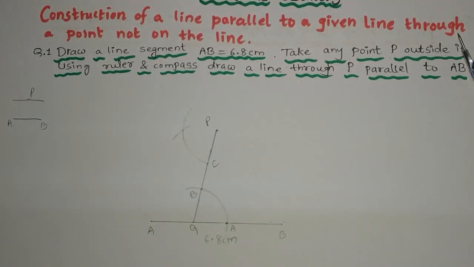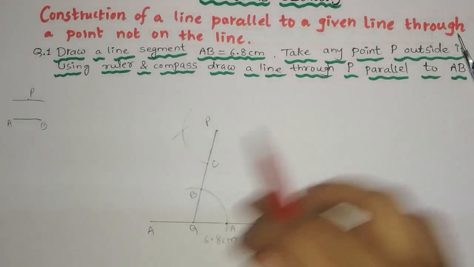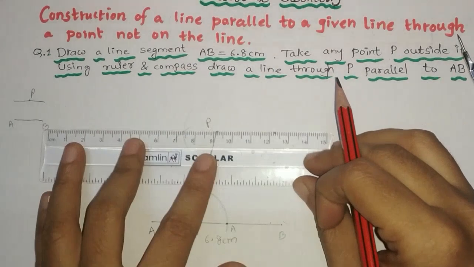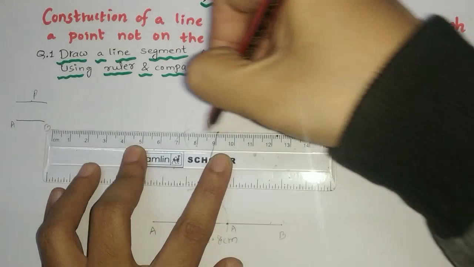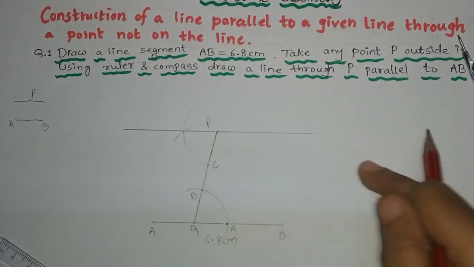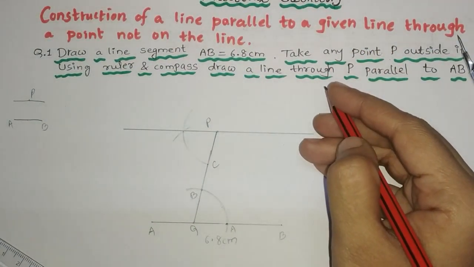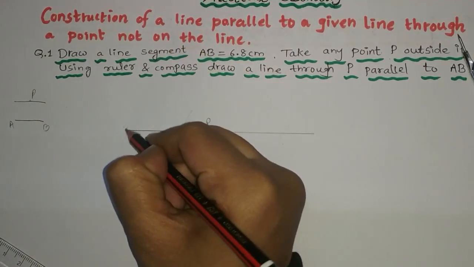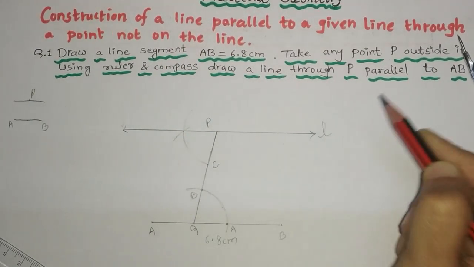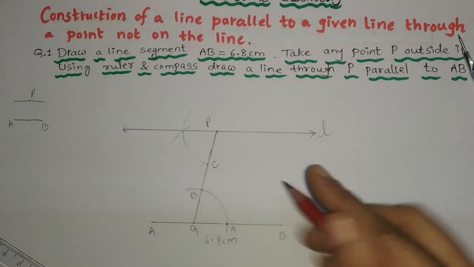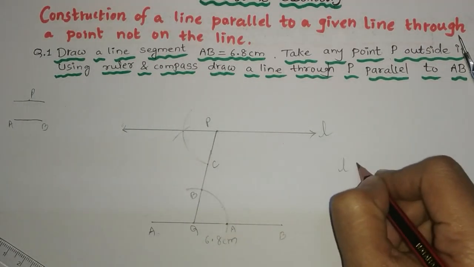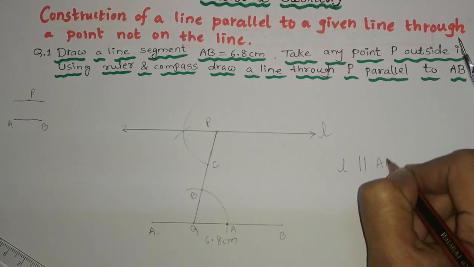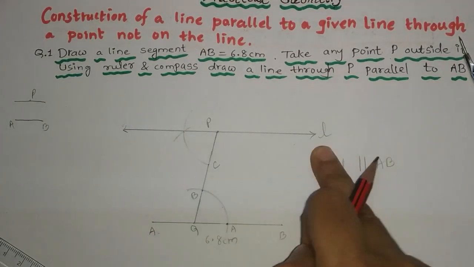So now we got this point, we'll make a straight line passing through this intersection and the point P. So just take this line and draw through the intersection here. Okay, so this is our line. Suppose you can give this the name line L. So now friends, we got this line L which is parallel to this segment AB. That means segment AB is parallel to line L.